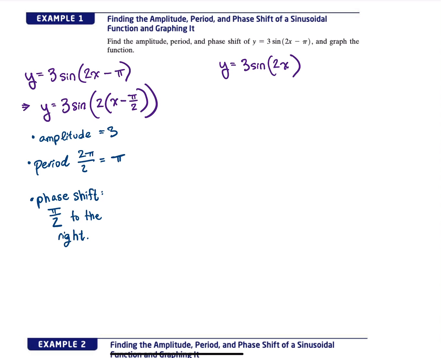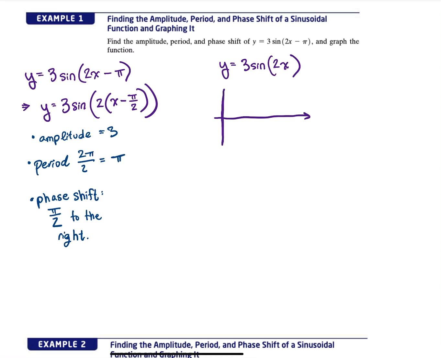So let's try to do 2 and 1 this time. We've been first doing the change in amplitude, then the change in the period. But I think we can do 2 and 1, because if we know the new period will be pi, it's still going to follow that pattern of the sine,